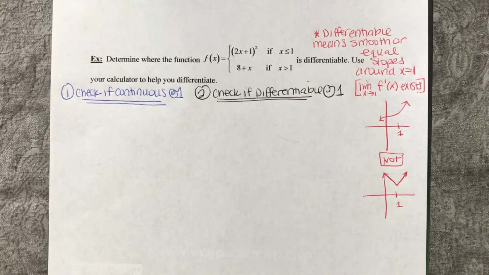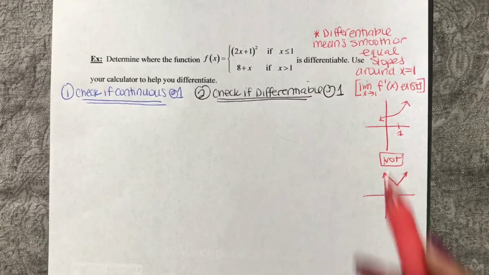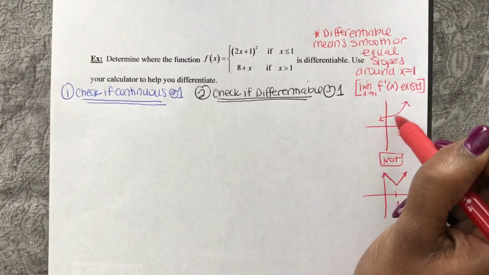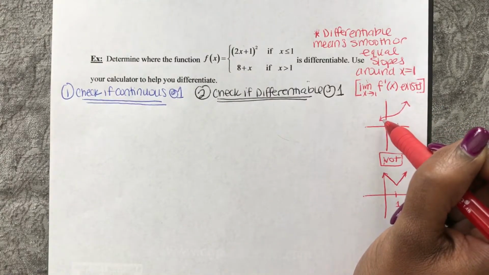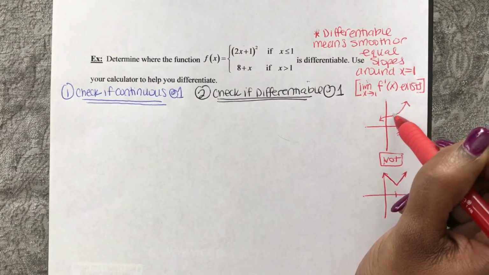So in this problem, we want to determine where the function f of x is differentiable. And we're also going to use our calculator to help us differentiate. But first, remember that differentiable means that the curve is first continuous, and then also that the slope is smooth